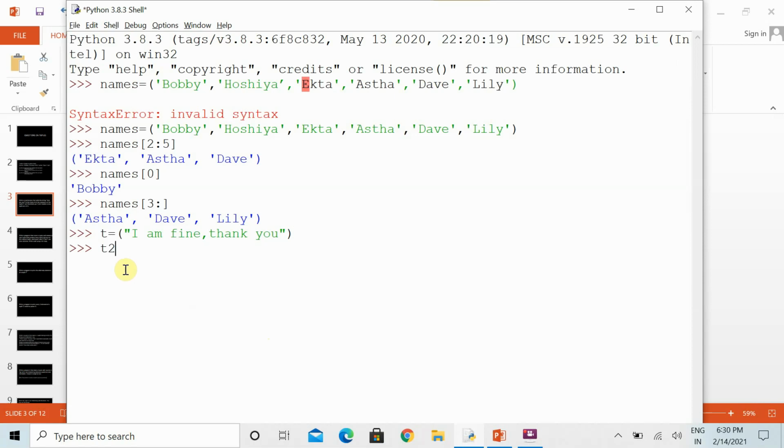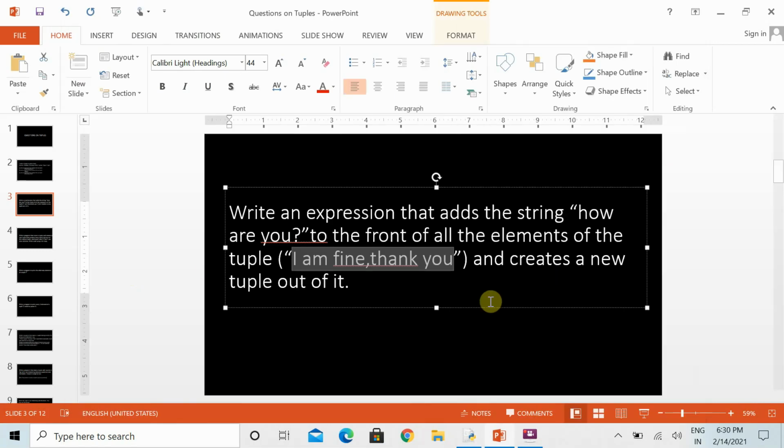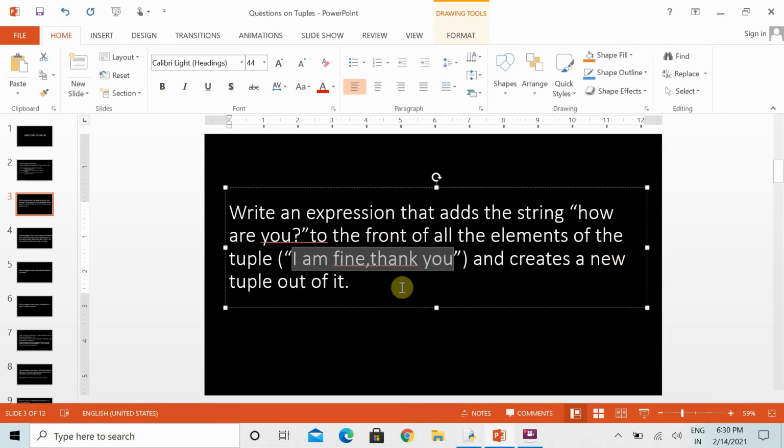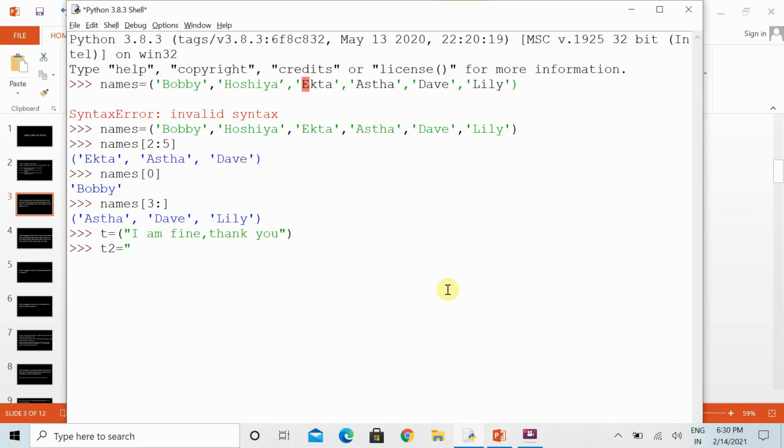How can we? It is specified that we have to create a new tuple out of it. Then whatever value we are getting, we can specify it. The question is how are you? We have to add it in front of this tuple.